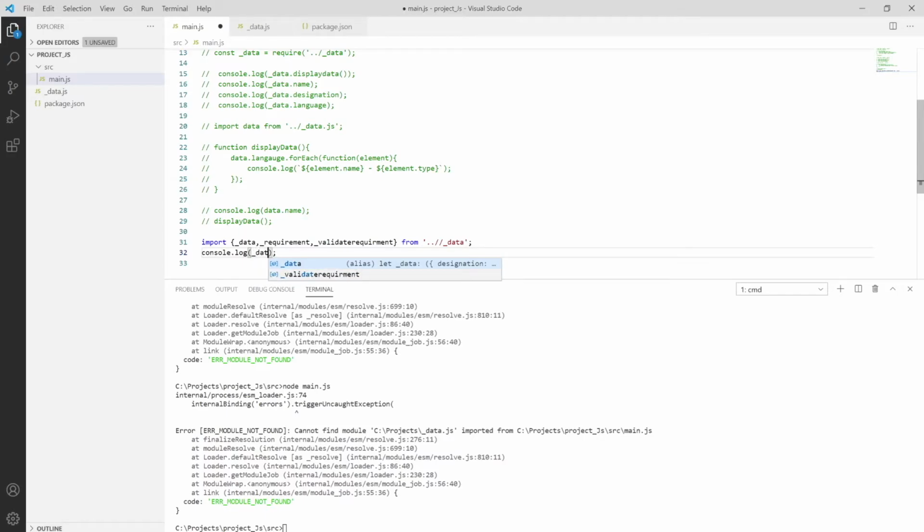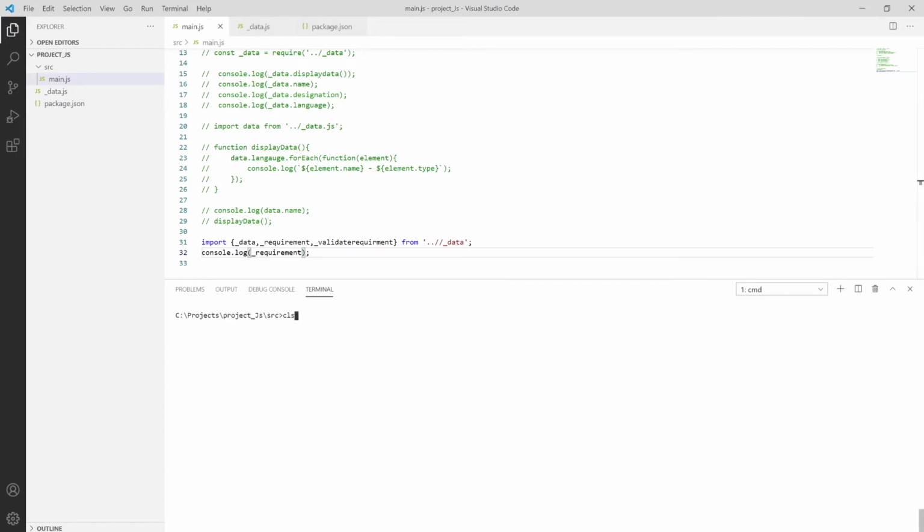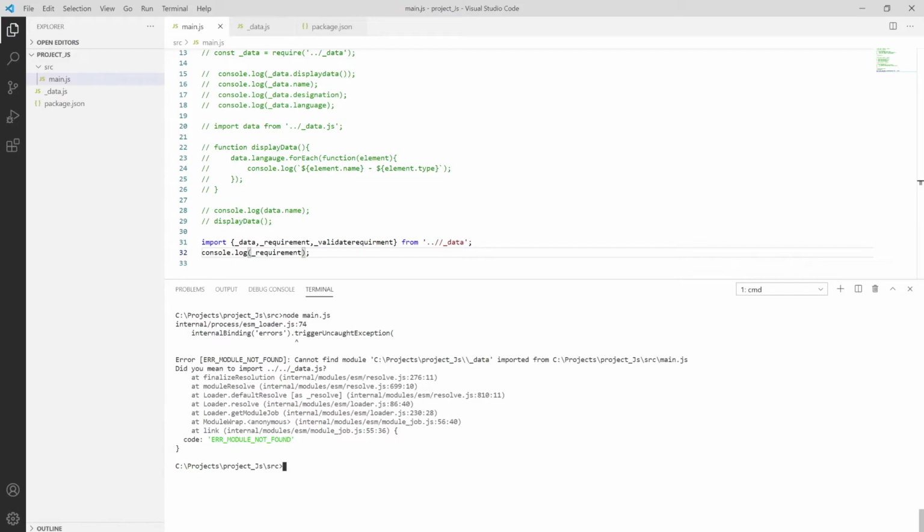I'm trying to manage data dot for each. Okay, let me put that underscore requirement, save it using control S, clear using cls, and try to run. Okay, it's showing an internal binding error, cannot find source inside the source. What do you mean by that? Okay, it can't find this thing.